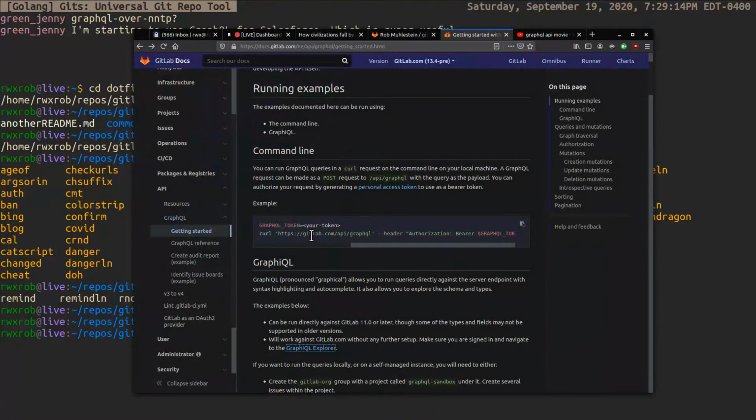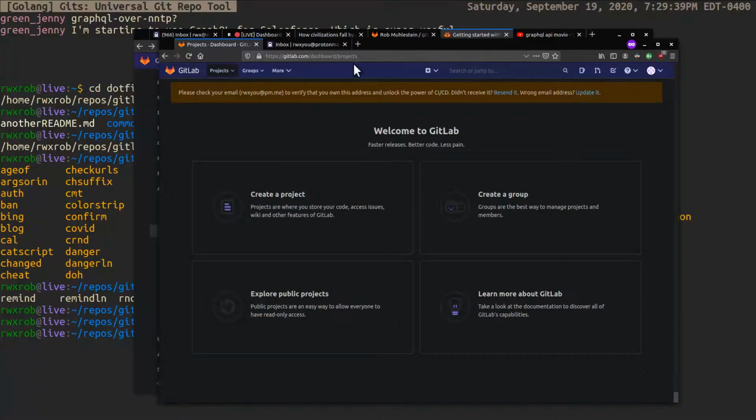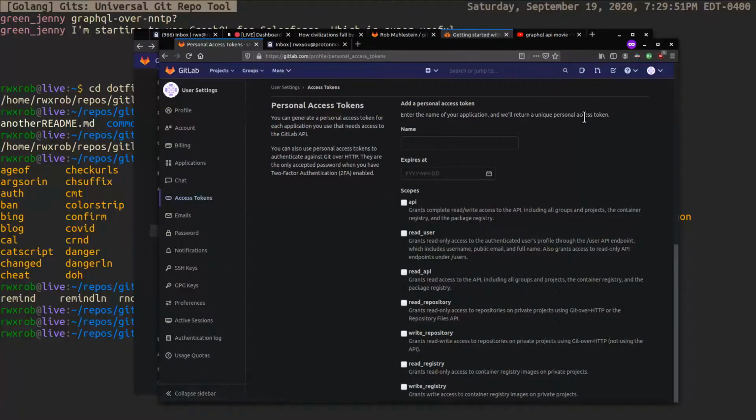Anyway, let's go back here and start this up. So I'm gonna have to get a token at some point. Authorize your request by generating a personal access token to use as this bearer token. So they're telling us to use a personal access token, which I will go ahead and do. I know how to do this. I'm going to take it all the way up to the part where I do it, and hopefully, so I don't hand over even my streamer token for this dummy account. So it's over here if I remember right, and I click on settings, and where's tokens, access tokens, and enter the name of your application. So I'm gonna call it Gits,